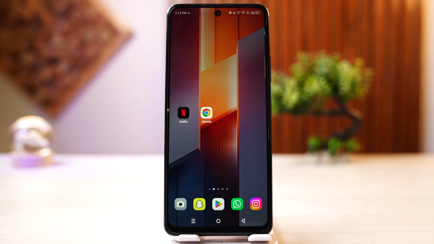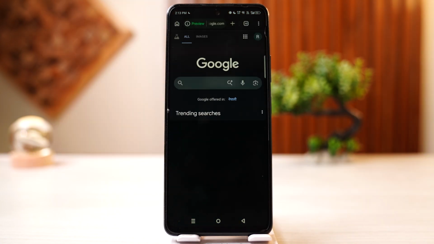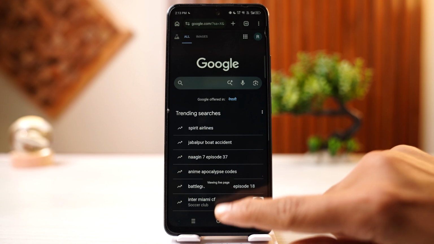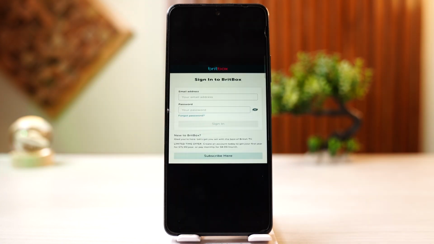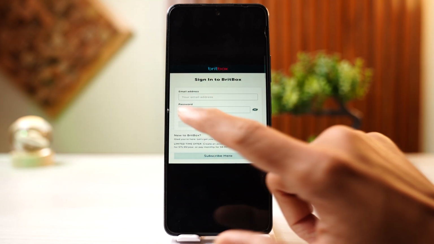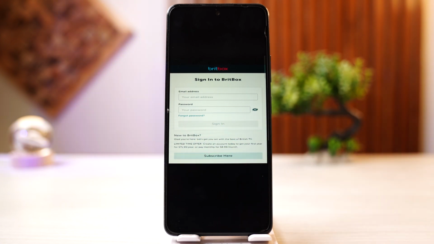However, if there's any problem with the login, you can simply go to your browser and at the search bar you want to type in BritBox. Tap on BritBox and click on the website. By clicking on the website, you should see a sign-in page which will look something like this, and here you want to type in your email address and password. After that, you want to click on sign in to log in into your account,